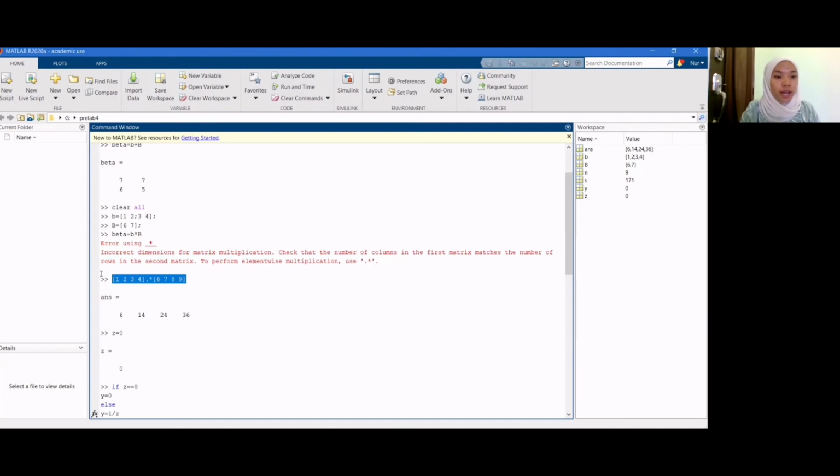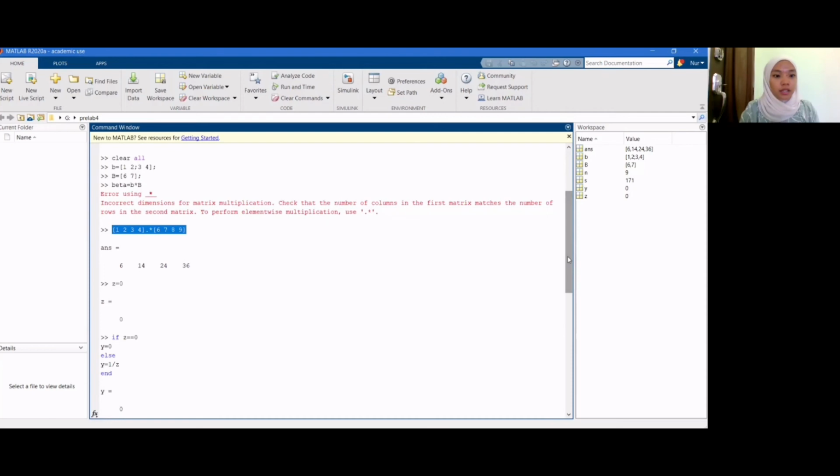So the right way to write the coding for multiplication is we have to write the number in matrix form like this, and then we have to put the full stop symbol followed by the star symbol, or the multiplication symbol, and then followed by the number we want to multiply, and then we will get the answer. After that, for the next coding is for